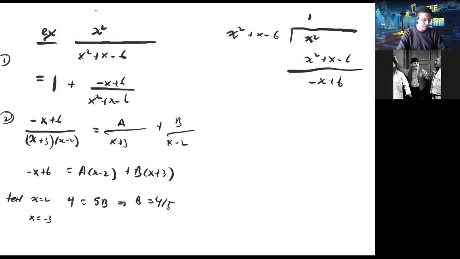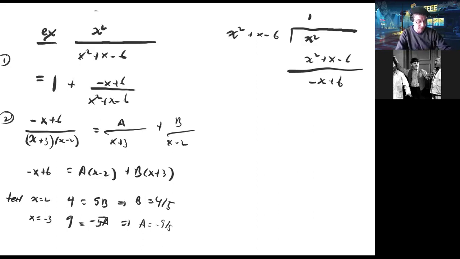And if x equals minus 3, you get 9 on the left side is equal to, it looks like to me, minus 5a. So that means that a is equal to minus 9/5. Okay,